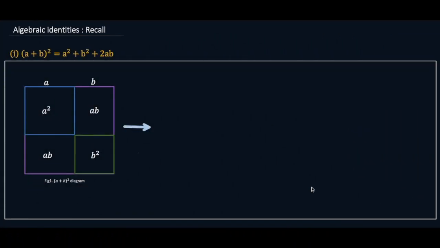Hi everyone, in this video we'll be recalling two of the identities that we have earlier read and learned in the previous classes, namely (a+b)² and (a-b)². Now, why are these two identities important? Because these two identities serve as a base to learn whatever's coming ahead and whatever new identities that we'll learn